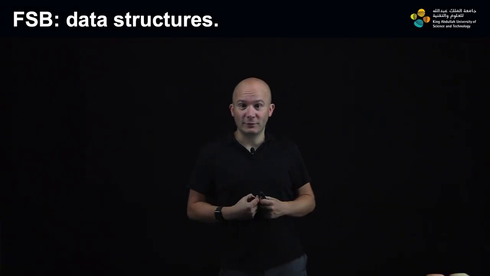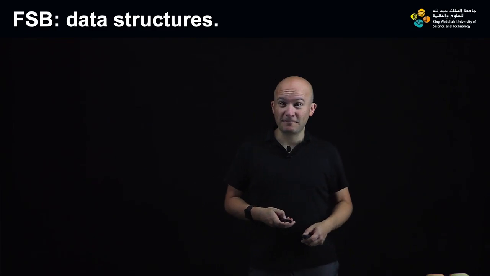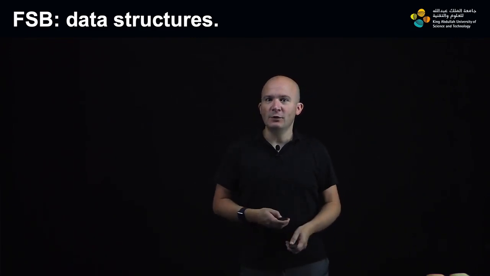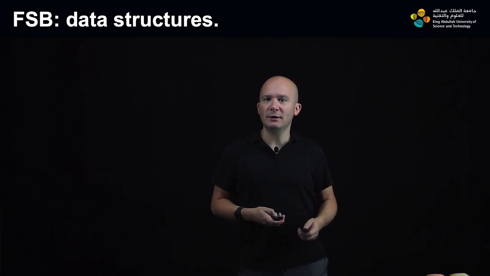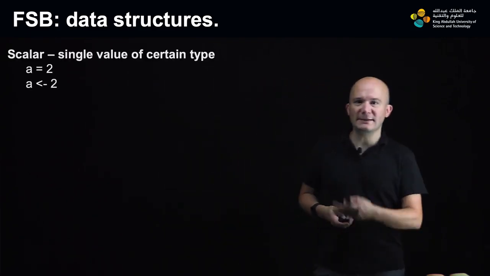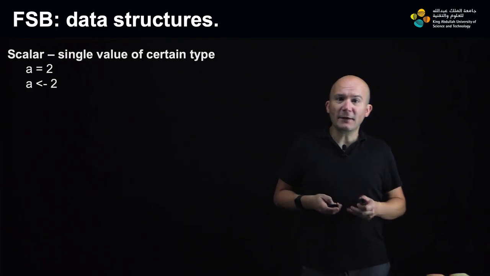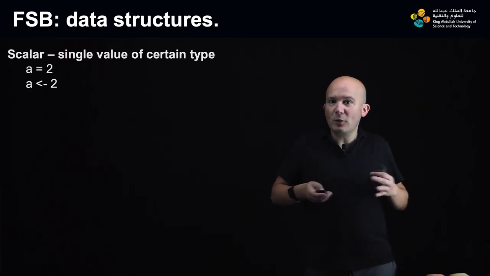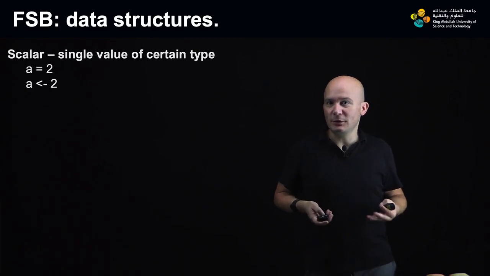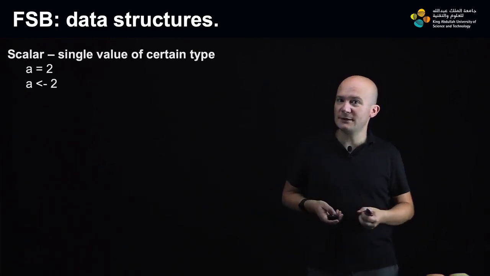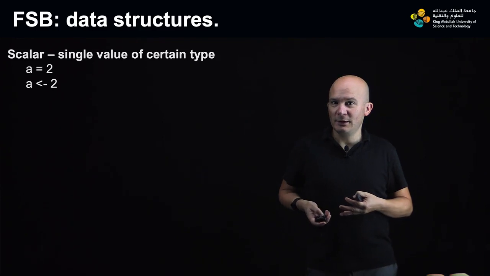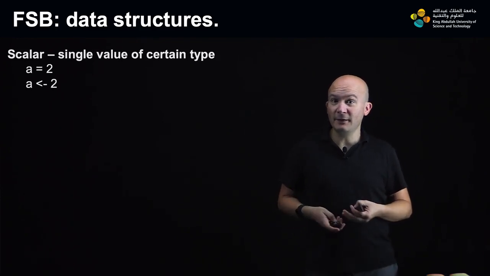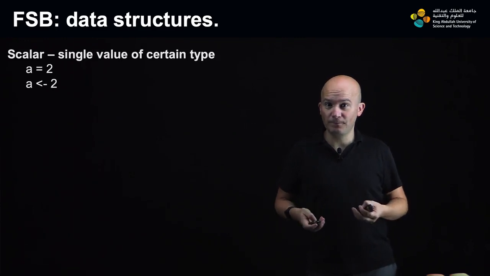In the previous lecture, we discussed data types, but except for strings, a group of ordered characters, we just showed single values, also known as a scalar. A scalar data structure holds only a single atomic value and is the most basic data type. You can see in the image two ways of creating a scalar variable. In this case, a new variable named A is created that contains the value 2.